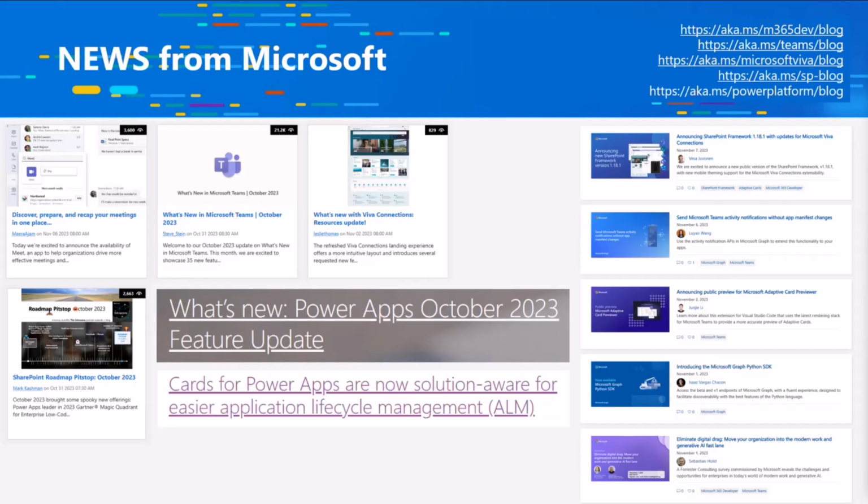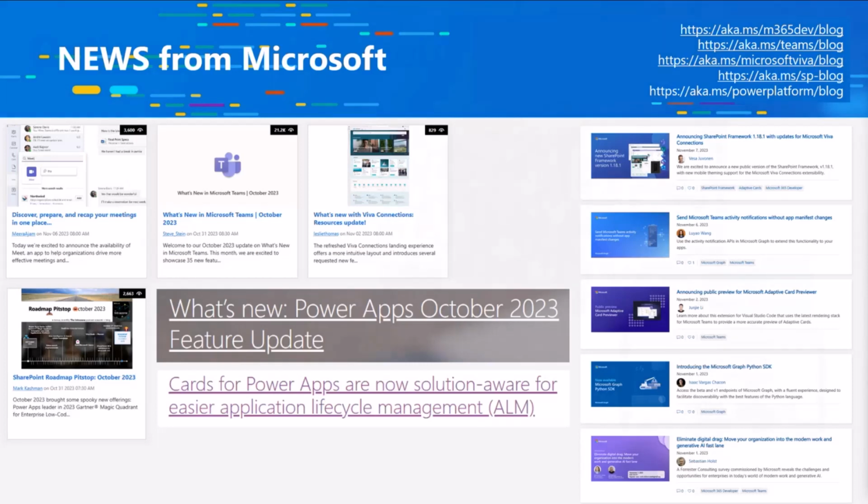There are also monthly summaries coming up from Microsoft Teams and SharePoint, and also a great summary on what's new in Power Apps, October 2023 feature update. So summarizing all of the cool things on that side. On the Microsoft 365 developer side, SharePoint Framework 1.18.1 just went live one hour ago as a GA version, and there are a lot of other improvements in Microsoft 365 development as well. Not going to list all of them here. The links are in the chat. You can get them from there.